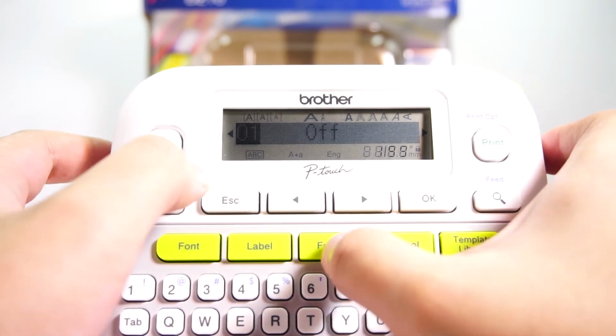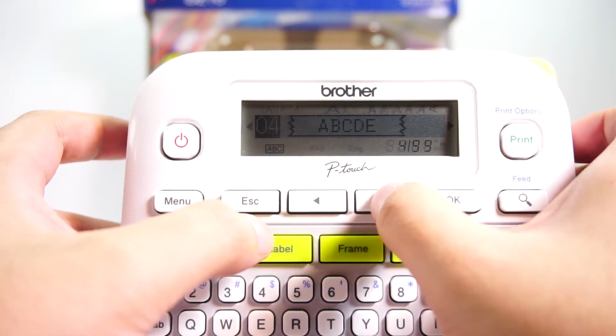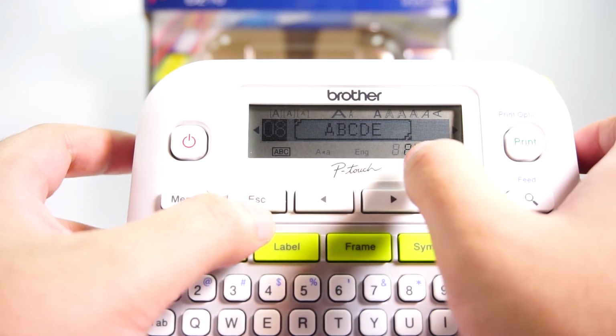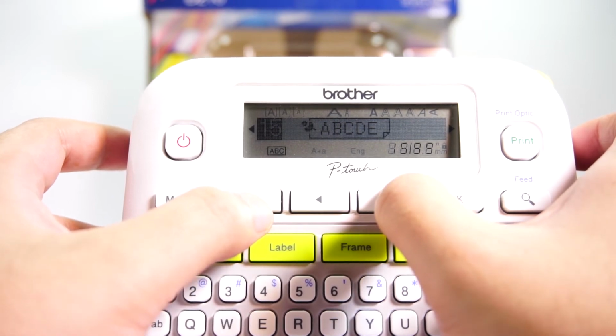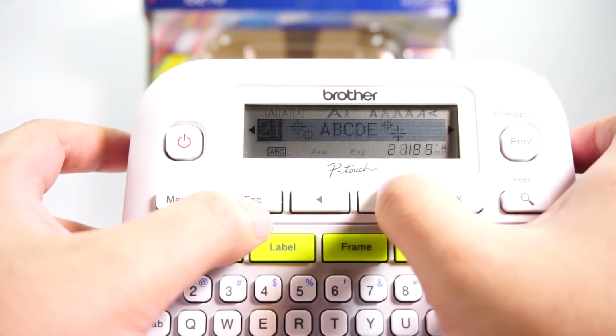So here, if I click on frame, meron tayo yung frame designs. So once na mag-print siya, meron siyang border or frames, depende sa kung anong style yung napili mo. For me, this is a bit excessive na, so hindi namin masyadong ginagamit to. We just go with the standard